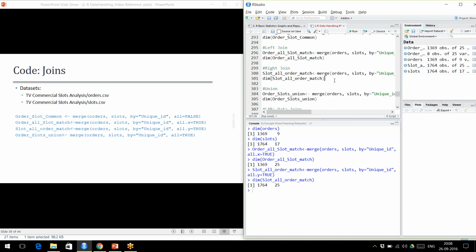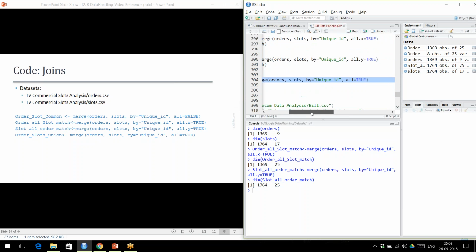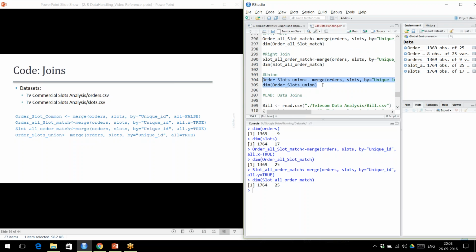Now what is union? All the unique values, all the values that are there will be appearing. Orders plus slots minus the common ones. So we just want to do the union of all the data that is available for us. So the union has 3125 observations, 25 variables. Just wanted to check,